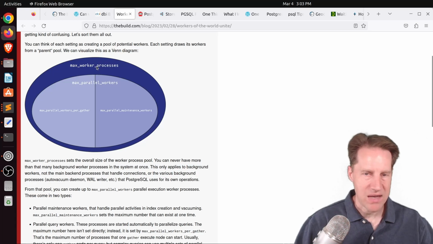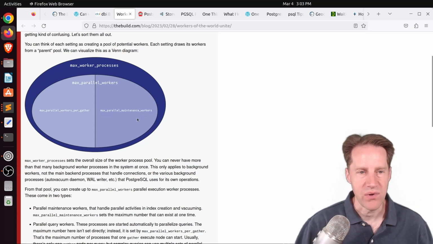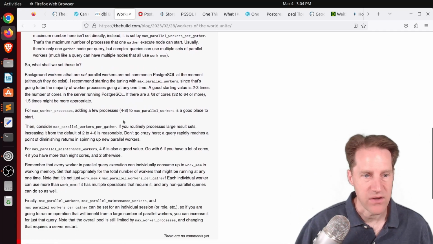That's the maximum total worker processes you can have. And then of that, you have a certain number of max parallel workers. And then of that, you have max parallel workers per gather for processing things, and then max parallel maintenance workers for doing things like auto vacuum or perhaps index creation. So he describes what each of these do in more detail, and also goes into recommendations for each of these